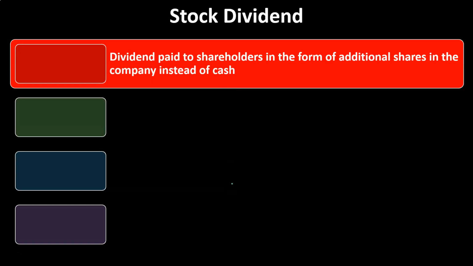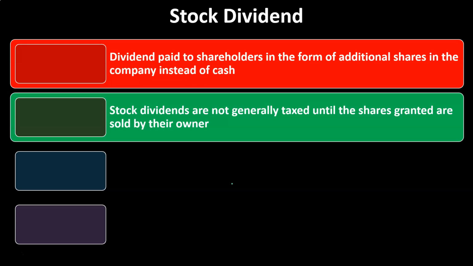So a stock dividend is a dividend paid to shareholders in the form of additional shares in the company instead of cash. So instead of getting cash, the shareholders, the owners of the company, will be getting added stock. Stock dividends are not generally taxed until the shares granted are sold by their owner. That, of course, can be a benefit to the stockholders because they can get the benefit of the added stock